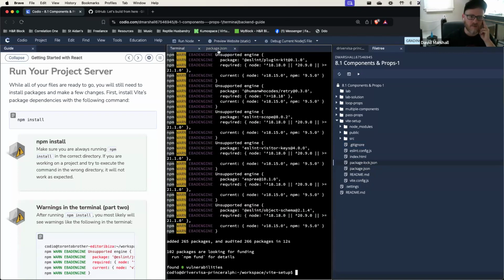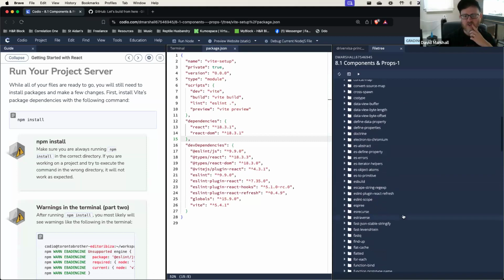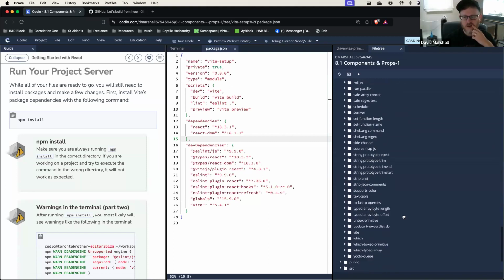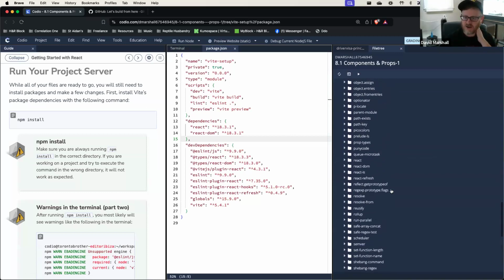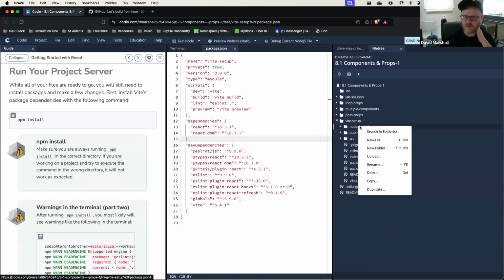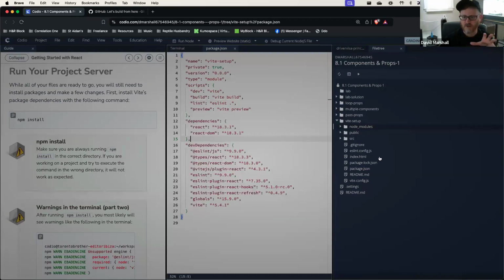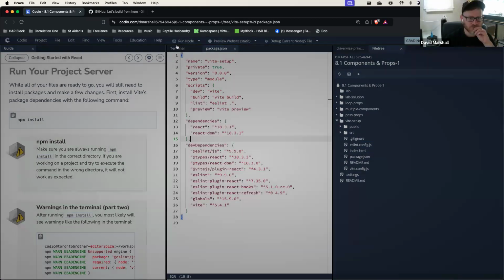But if I was to try to run this application without doing npm install, it would not work. Now by running npm install, we've created a node_modules folder, and you're going to see there's a bunch of different folders in here. These are all of these super baked-in dependencies that React needs to run. If I was to remove this node_modules folder, please don't do this, but if I was to delete this and the package-lock.json file,